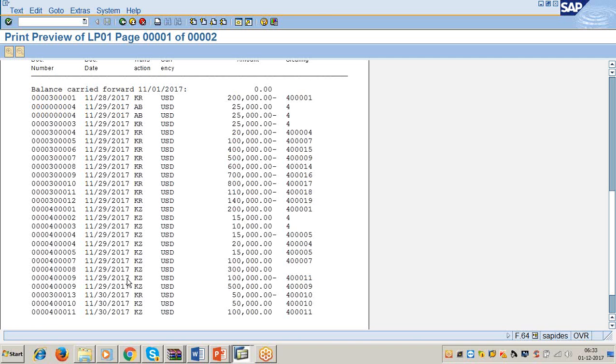Based on document type, sir. Exactly, you are right. Based on the document type, we can understand which line item is an invoice and which line item is a payment. KZ means payment, KR means invoice. You are using SAP in your company, so you know that.